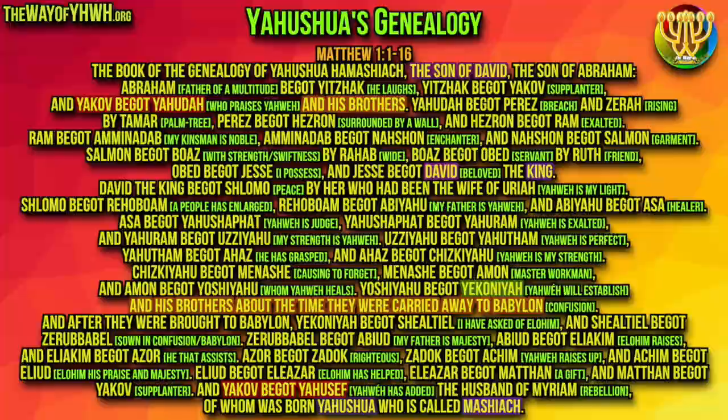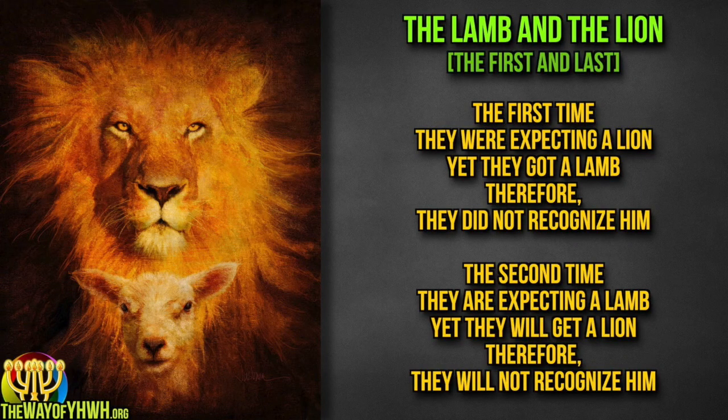Like I always say also, 2,000 years ago, they were expecting a lion and they got a lamb. Nowadays, Christians are expecting a lamb, but they're going to get a lion. So just like they rejected him 2,000 years ago, they're going to reject him now. 2,000 years ago, Israel rejected the Messiah. Now, the world will reject the Messiah. The nations will reject the Messiah. And that is the point, that nobody will have an excuse before Yahweh, because both did exactly the same thing,